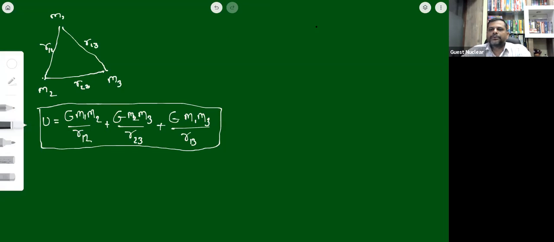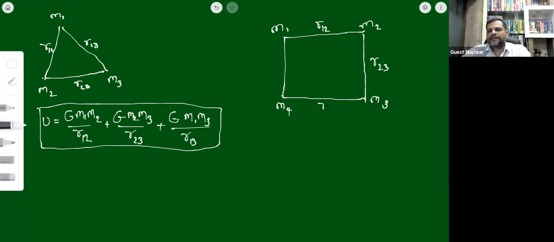Okay, what will we do if we have four particles? Then अगर चार particles हमारे पास हैं m1, m2, m3 और m4, ऐसे चार पार्टिकल्स अगर हमारे पास हैं तो हर पेयर के बीच में जो डिस्टेंस है तो वो हमको ढूंढना होगा. ये देखो m1 और m2 के बीच में डिस्टेंस कितना है उसको हम बोल देंगे R12. ओके, m2 m3 के बीच में डिस्टेंस कितना है तो उसको हम बोल देंगे R23. ओके, एंड m3 m4 उन दोनों के बीच में डिस्टेंस कितना है तो उसको बोल सकते हैं R34. ओके, एंड फाइनली m1 एंड m4 इन दोनों के बीच में डिस्टेंस कितना है तो उसको बोल सकते हैं